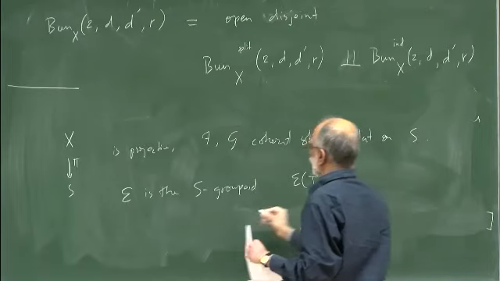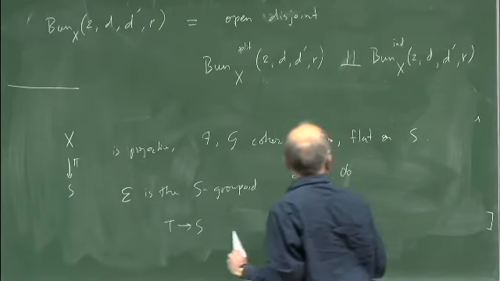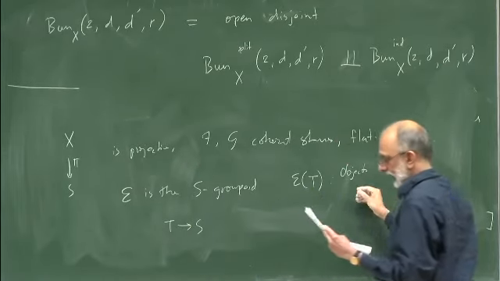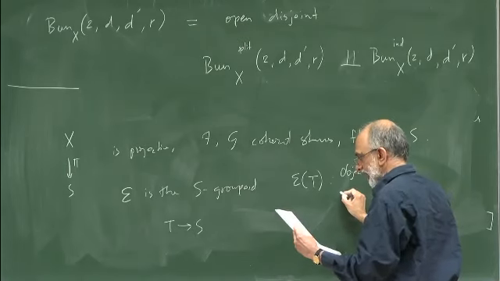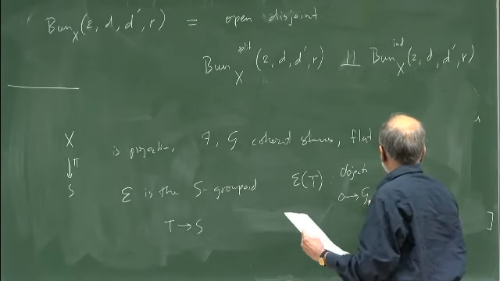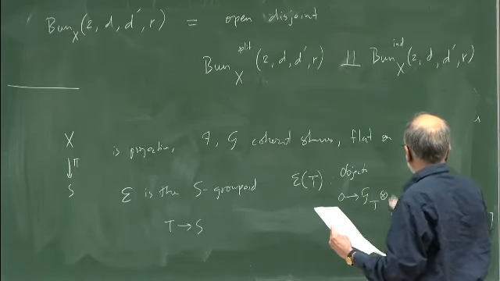So given any T to S, the objects are extensions of this kind: 0 to G_T tensored with some line bundle which is pulled up from T,